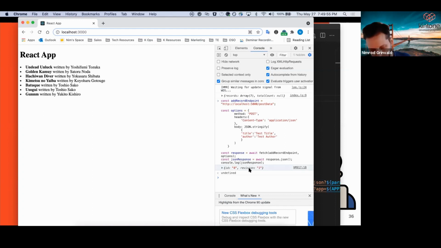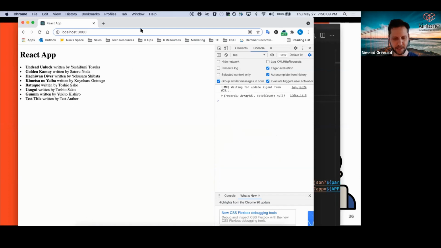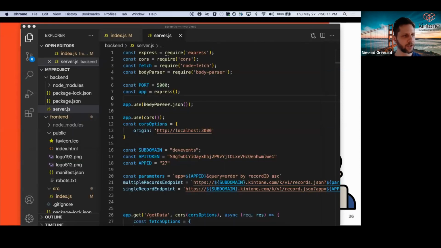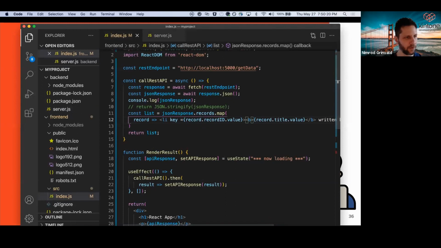In fact, this is exactly what Kintone will tell us when we're successful. It'll tell us the ID of the new record as well as the revision. So if we refresh this page, we've got test title written by test author, which tells us that everything's working well from the back end perspective. Now what we're going to do is update the client side code. So the way that we're going to do that is to create a form with 2 input fields, set the request endpoints, and